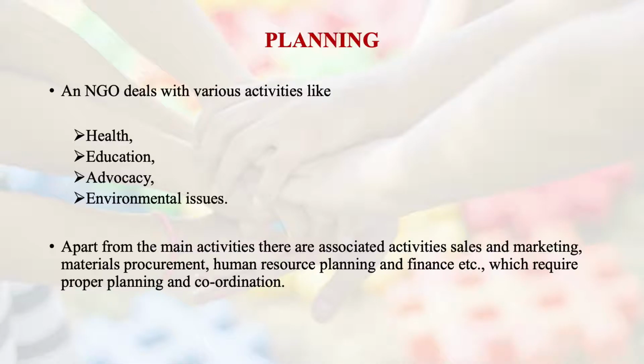Then of course the materials procurement is also there in planning activity, and if you see, we'll just move to the other elements and you'll find that all these elements are a part of each functional area, which we'll be discussing later. So materials procurement, then human resource planning, finance, etc. Everything requires planning and coordination. So you see, they are interrelated to each other. Each and every activity of an organization is interrelated, and no single activity works in isolation. So everything is interrelated.